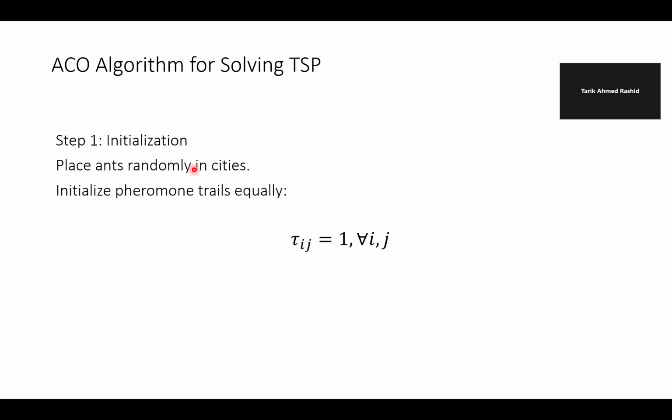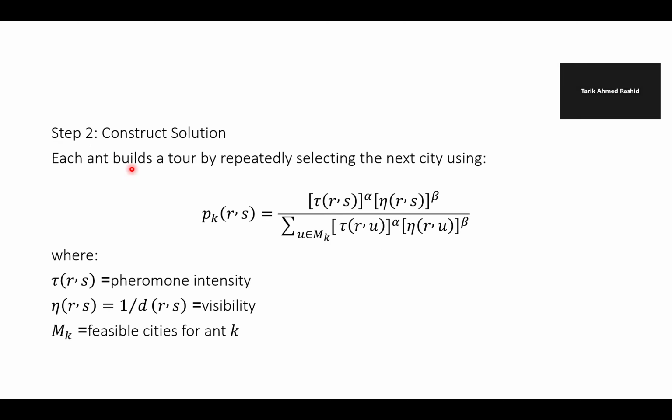So here, initialization: we start by randomly placing ants in cities and initializing the pheromones. Each pheromone could be one, and then we build a tour by